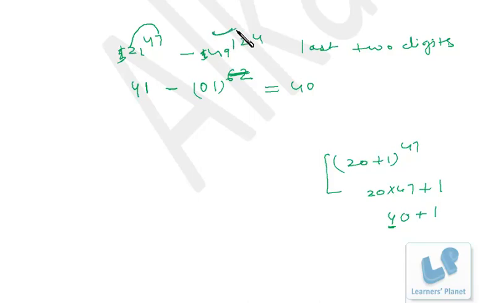Obviously this second number is bigger, right? So finally your answer, whatever you are getting, is actually negative. You cannot deduct this from this. So 40 is actually negative, right? So if it is minus 40, that means the last two digits will be 60. Okay. So in all, just a 25 to 30 second job is this problem. I hope you are clear.